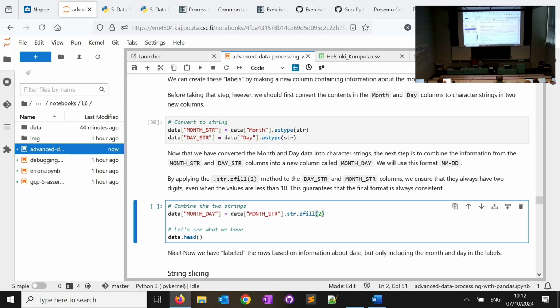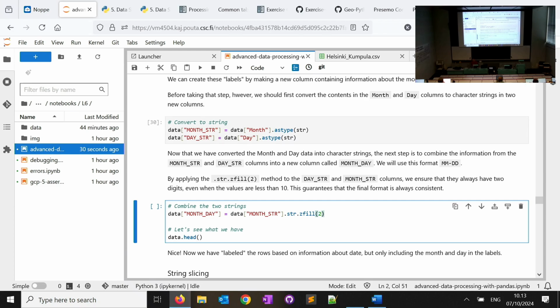If you put zfill and then a number inside zfill, it will make sure that your string has that many characters. So in my case, month June is only one character. Month June is 6, so it's missing one character. It will make sure it will be two characters by adding zeros at the beginning. So if I have 6 and then I use zfill 2, it will put 0 before it. It becomes 06. So it will make my MMDD fine.